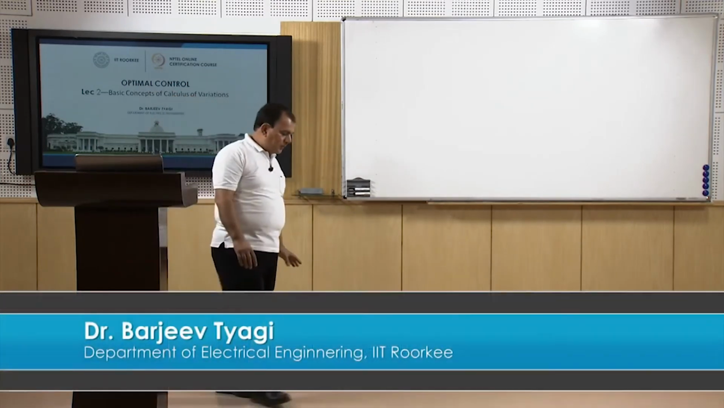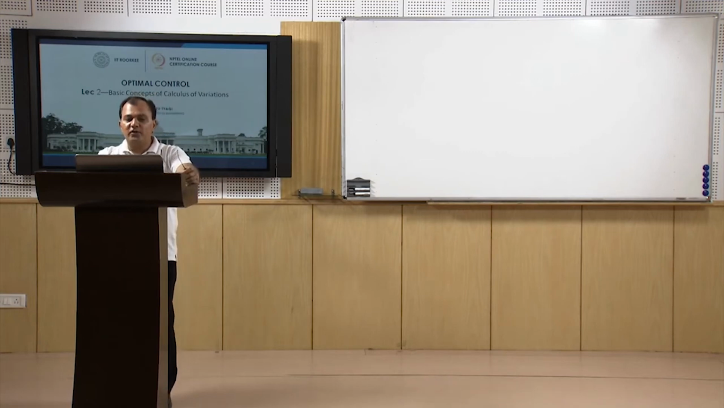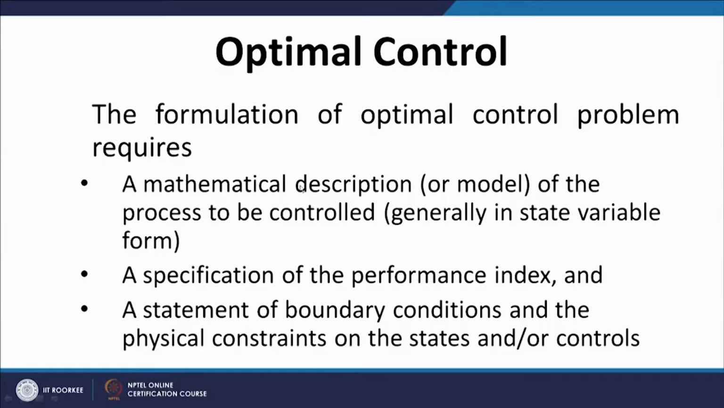In the previous class we were discussing the performance index. We have discussed the optimal control problem formulation, in which we first saw the mathematical description of a model. For a linear time varying system we have seen how we can represent a model. The general model we will discuss a little bit later on, and then we discussed the specification